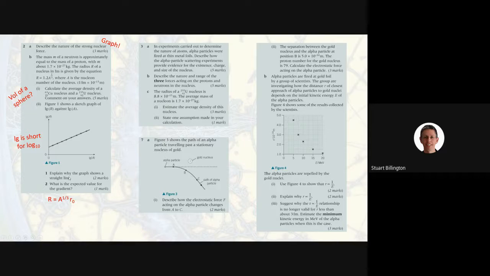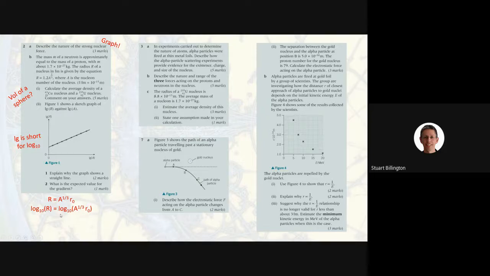And what they're asking you to do here, which I'll show you now because it's hard, but then you'll have forgotten about it by the time you come to do it. So don't peek unless you need to. You need to take logs of both sides of this equation. At the moment, this is an example of something called an exponential equation where the index is making a great difference. But what we can do here is if we take logs of both sides of the equation,